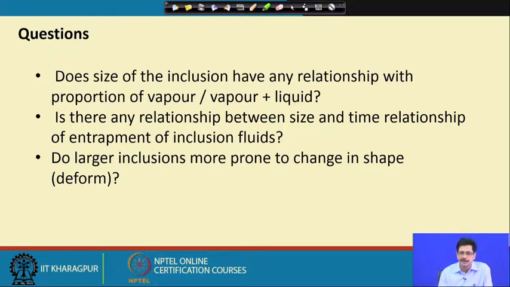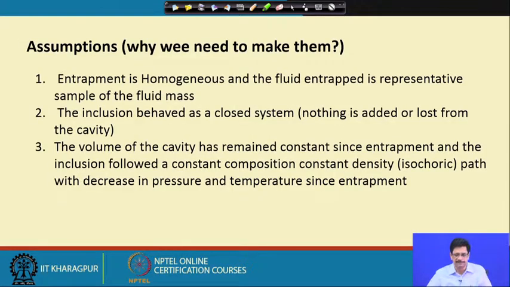So, this rather conforms to our general observation that the larger inclusions, the inclusions which are generally greater than 20-30 microns or even more than 40-50 microns in their maximum dimension, are the ones which are more prone to changing their shape, attaining any kind of a hook shape or an annular shape, which will be a point of our discussion when we go to the very important topic of re-equilibration of these inclusions under changing conditions of pressure and temperature or any kind of disturbance or later disturbances that we can visualize happening in a geological environment. Okay.